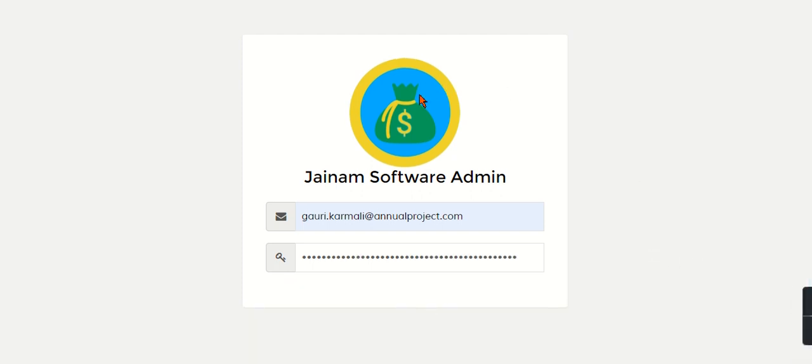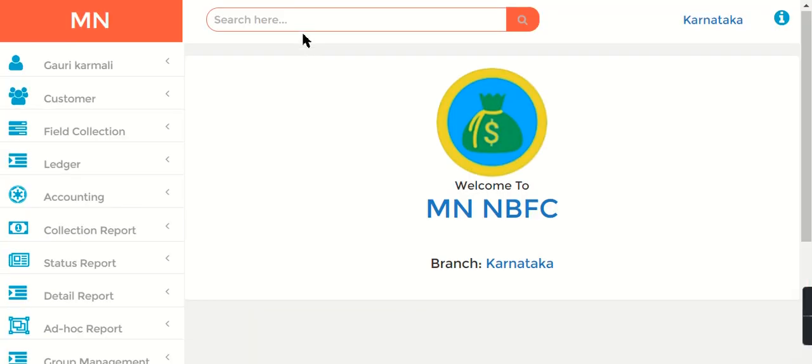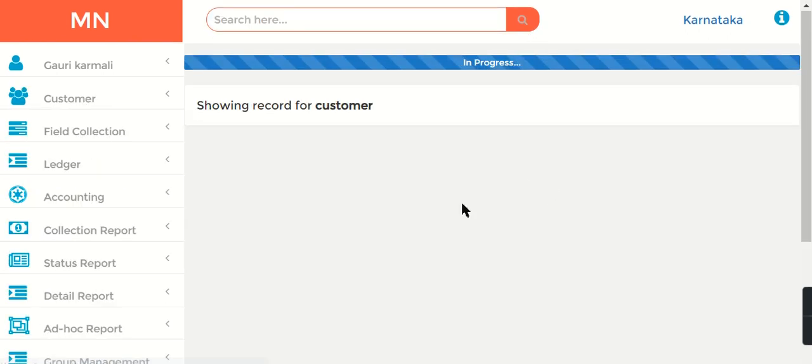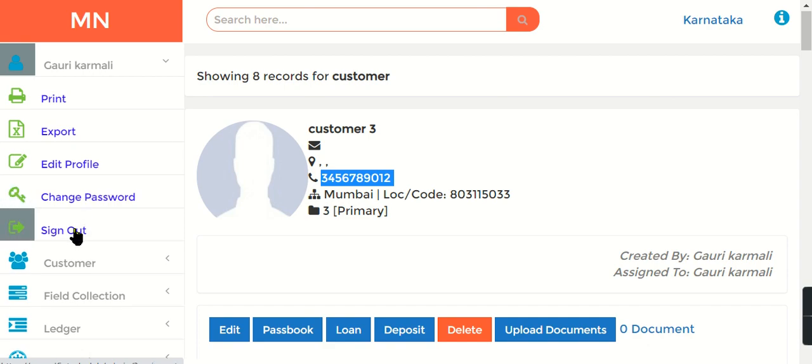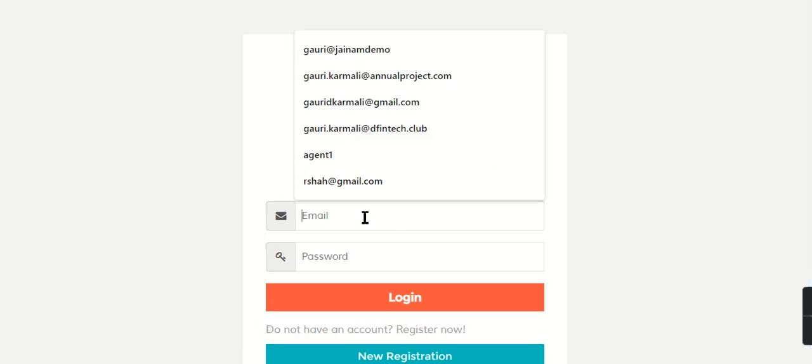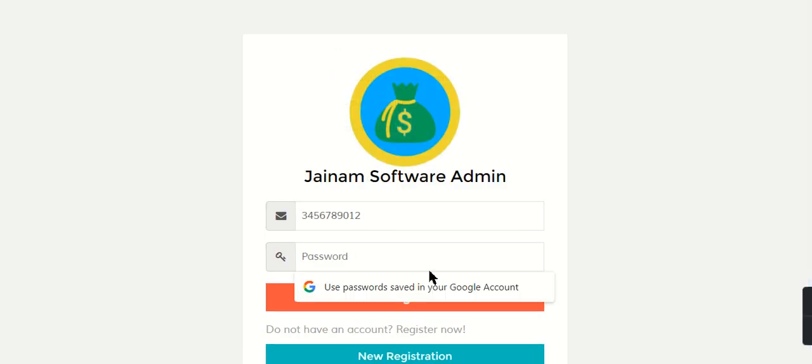Mobile number. Okay, so that was customer 3. This was the login ID. It's not email, it's their mobile number, 1 2 3 and 4.